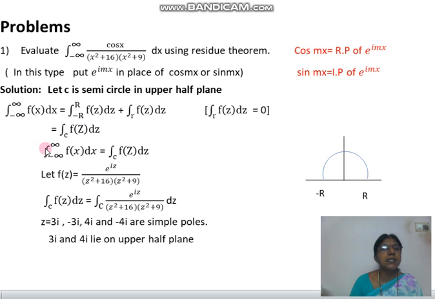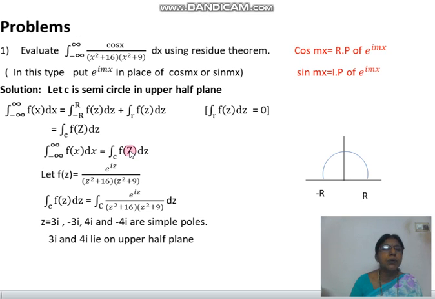Finally, after these steps, it is common for every problem in this method and the previous method. Here the integral from minus infinity to infinity of f of x dx is equal to the integral over C of f of z dz. Now you can understand this integral with x terms with limits minus infinity to infinity is equal to the integral over C of f of z dz. We know how to find this value, by using the residue theorem.